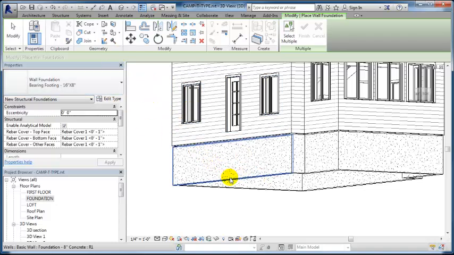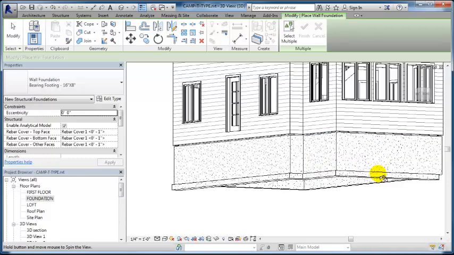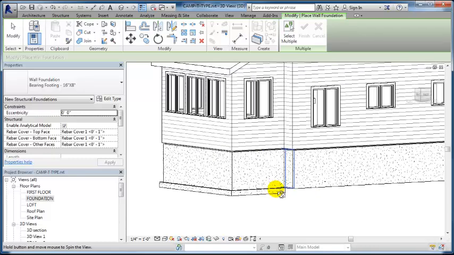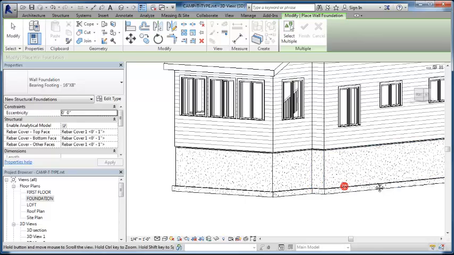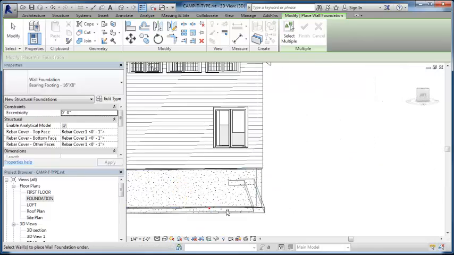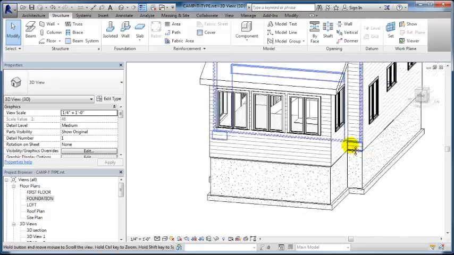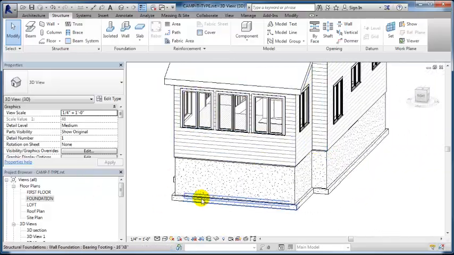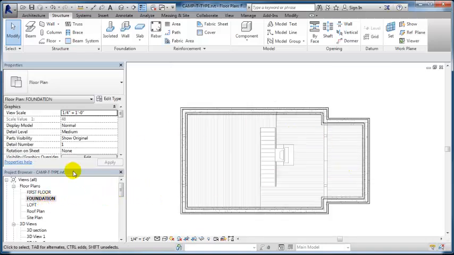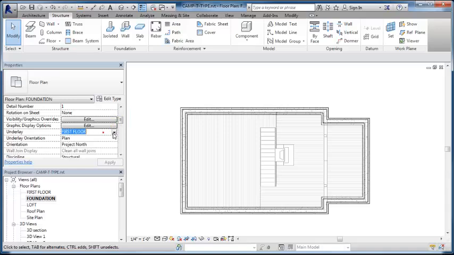Now I should just be able to click the bottom edge of the walls all the way around, and it's going to create a footing for us and attach that footing automatically to the bottom of the foundation wall. So there's what we have now. We have our foundation system, and then we want to create a slab inside of that space. So I can now get rid of my first floor underlay